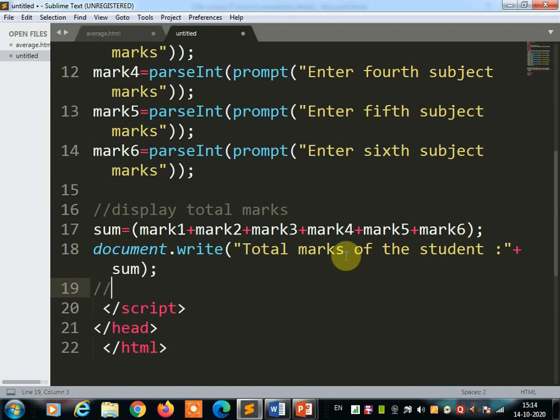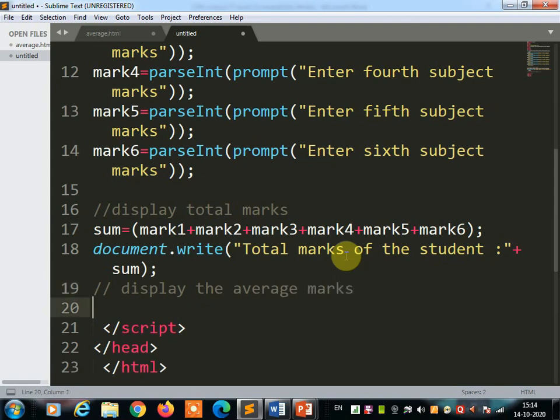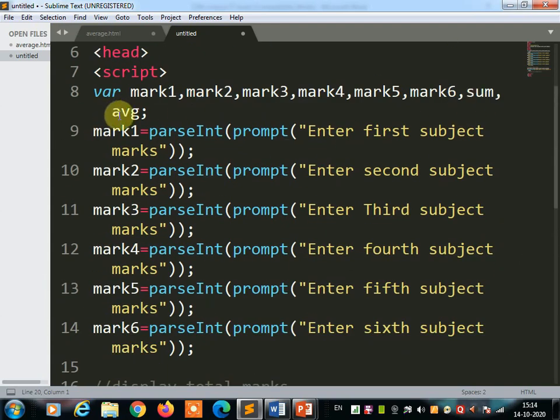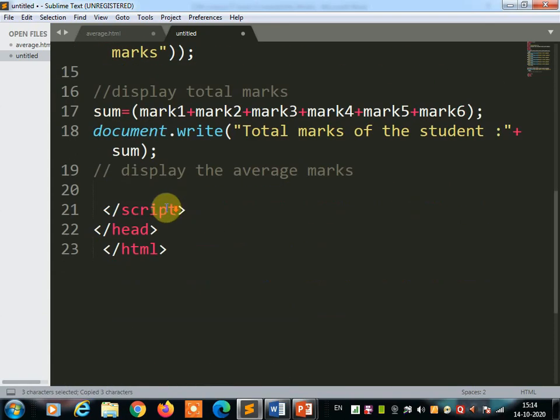So again add the comment here, display the average marks. To display the average marks, same here we are going to write the formula, but which variable do we use here, avg. So we can take this avg variable equal sum.